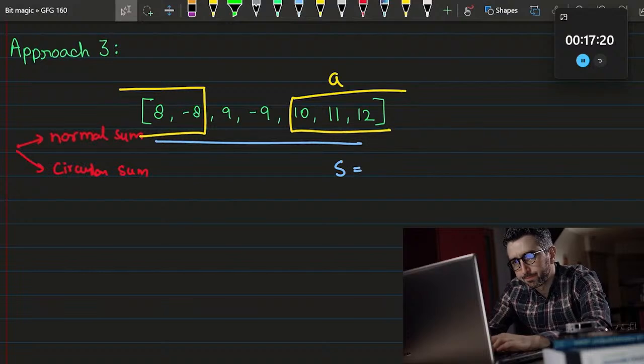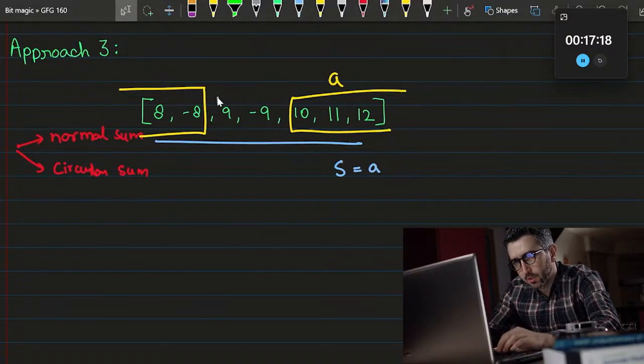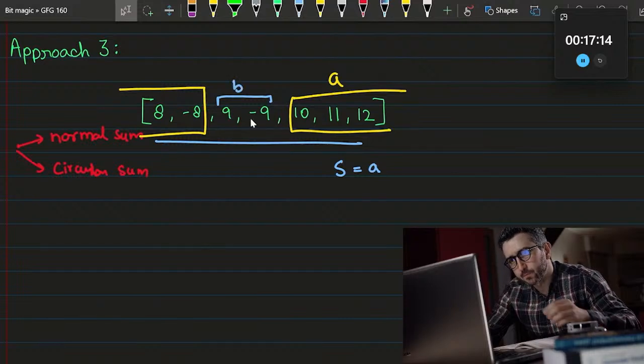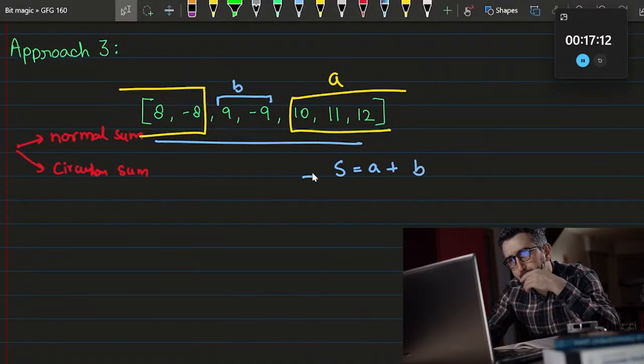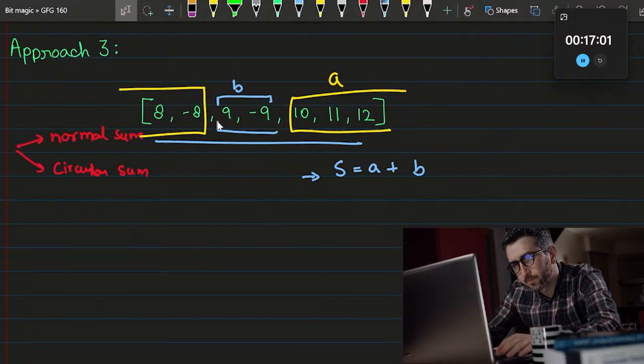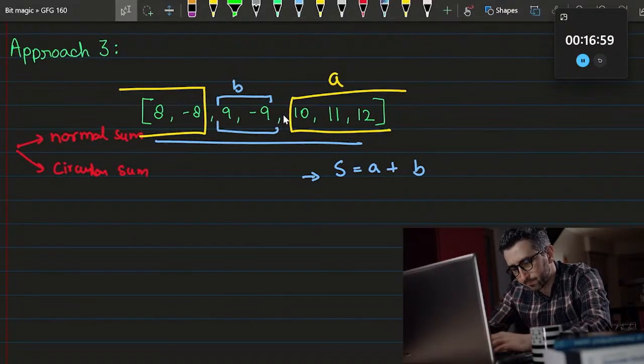Now, if we do something like this, S equals A plus this leftover sum, the leftover values that we have. Let's consider that as B. So we can get this, right? S would be the summation of the circular subarray A that you have considered and the leftover values B that you have. Now this itself is also a subarray. See that. Now tell me, if we are saying that A is the maximum value, won't B be the minimum